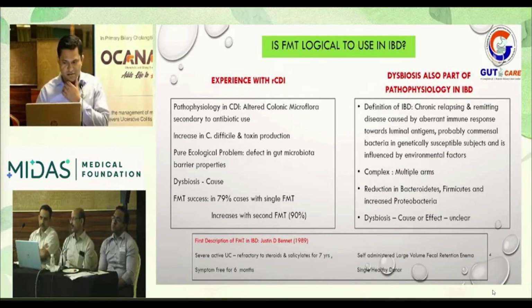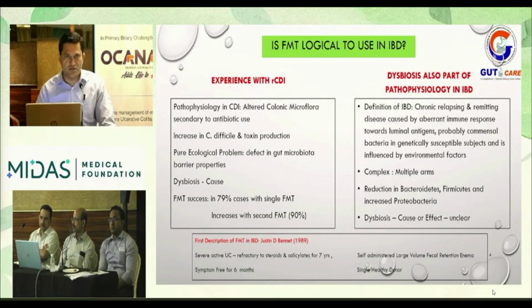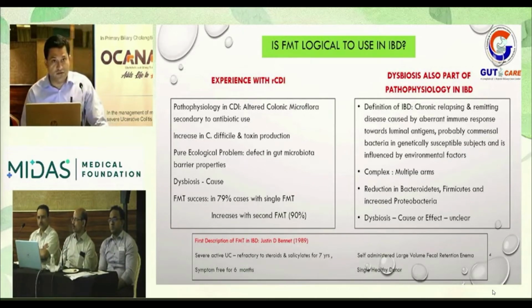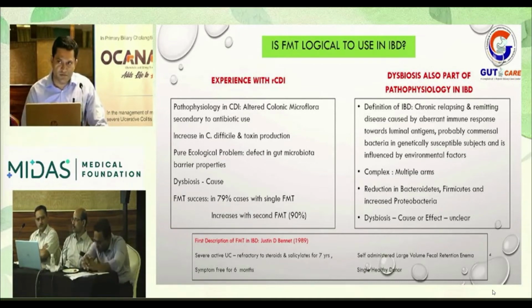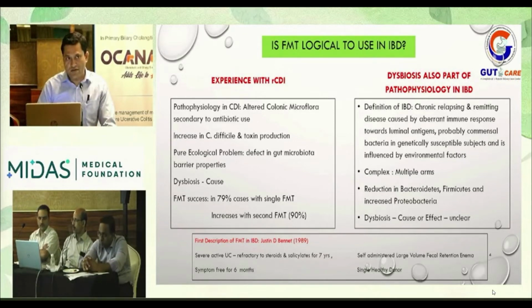So the definition of IBD is a chronic relapsing remitting disease caused by an aberrant immune response towards luminal antigens, probably commensal bacteria, in genetically susceptible individuals, and influenced by environmental factors. The pathophysiology of IBD is complex, having multiple arms, one of them being dysbiosis, but we don't know whether dysbiosis is a cause or an effect, and we thought to correct it, so FMT becomes logical